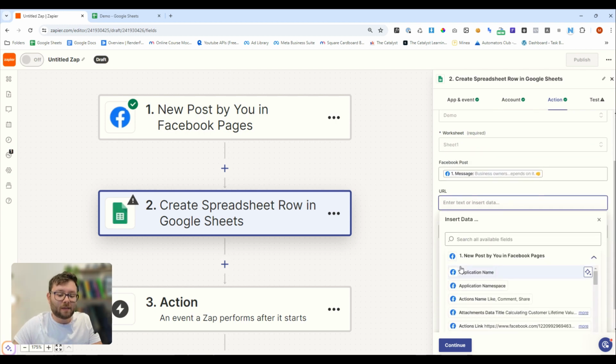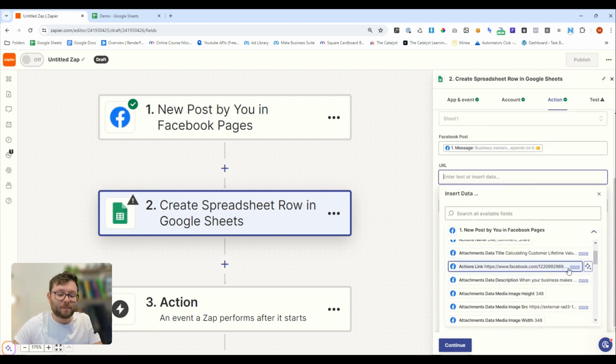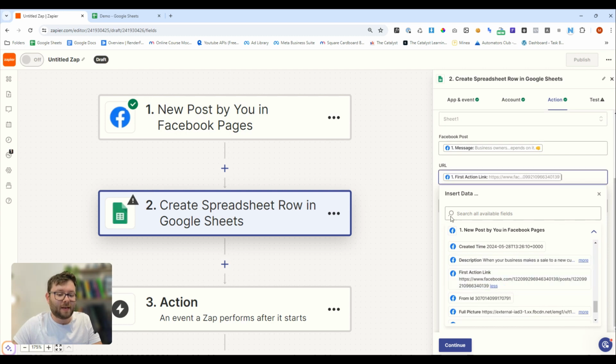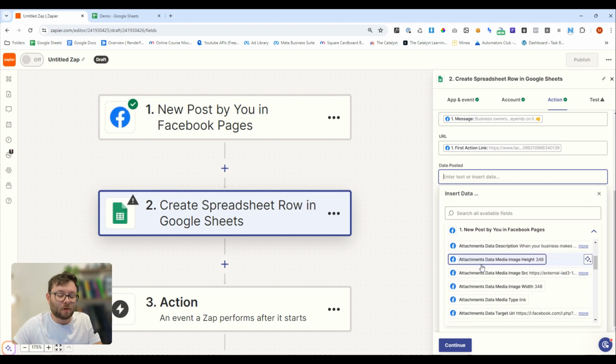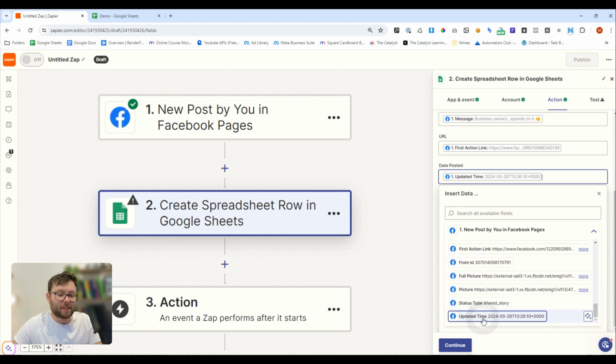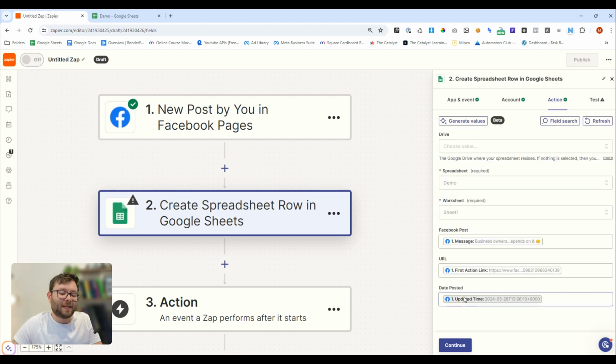Then for the URL, well, I want the URL of the Facebook link and this is the link. So we'll put that in and there we have it. And then for the date posted, we'll also log that as well and we'll pull it right here. Now let's say we don't like this date posted here because the format's all odd. So instead of letting it just be inputted like this, what we can do is we can, in between these